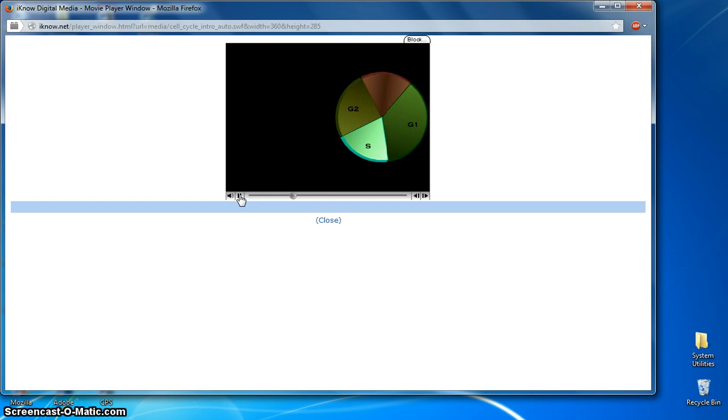During the S, or synthesis phase, the cell replicates the DNA in its nucleus in preparation for cell division. Precise control of the molecular machinery that replicates DNA ensures that only one copy of the cell's DNA is made during the S phase. After the cell has replicated its DNA, it enters the G2, or second gap phase. During G2, the cell may continue to grow and produces a number of molecules in preparation for the upcoming division. When the cell is ready, a molecular signal will cause the cell to enter the mitotic, or M phase of